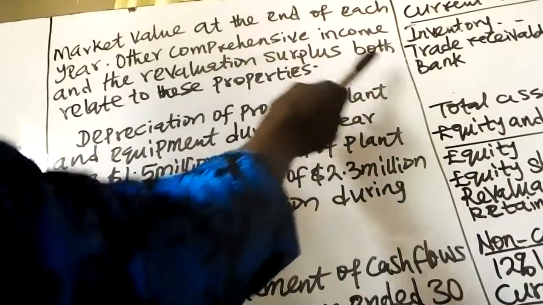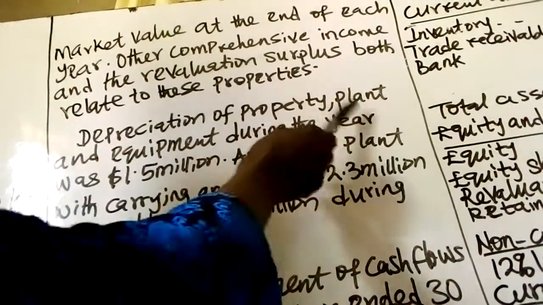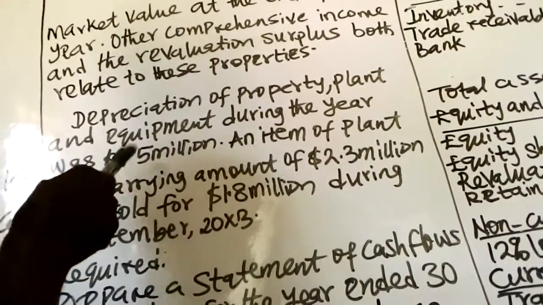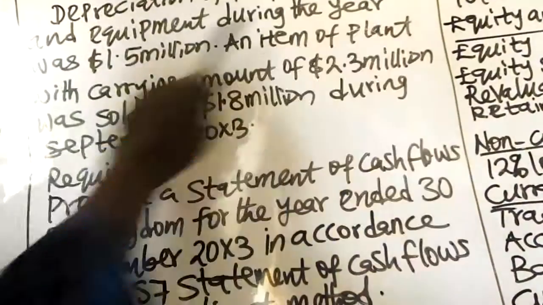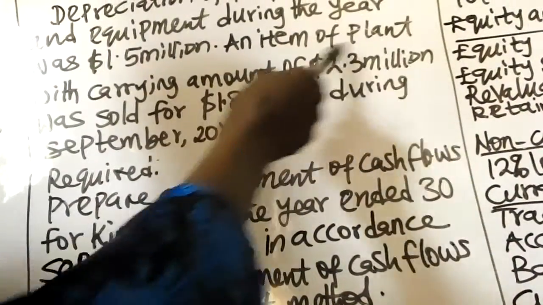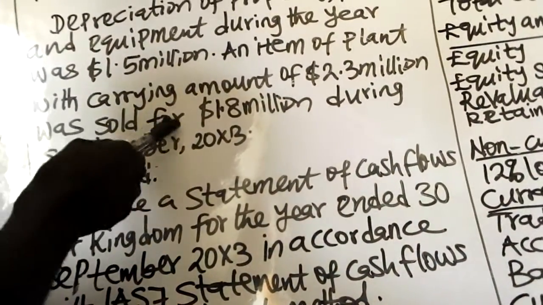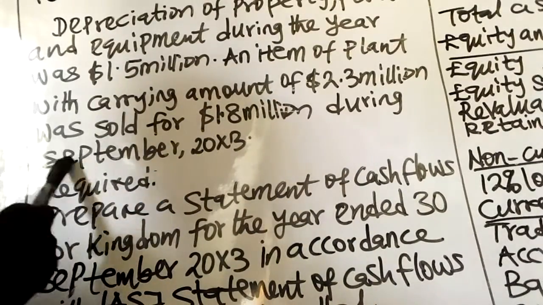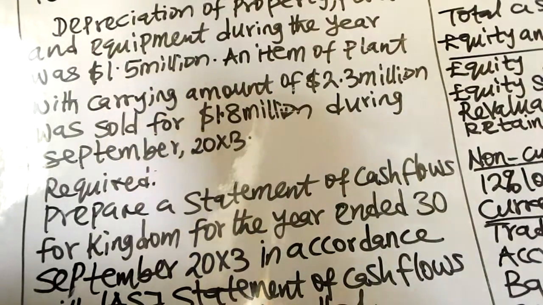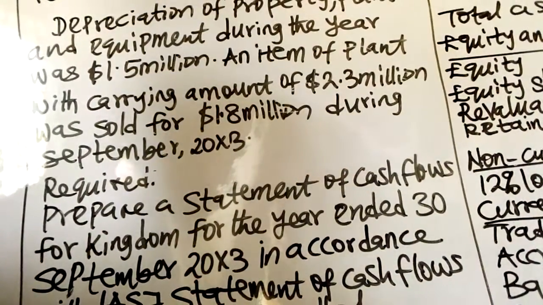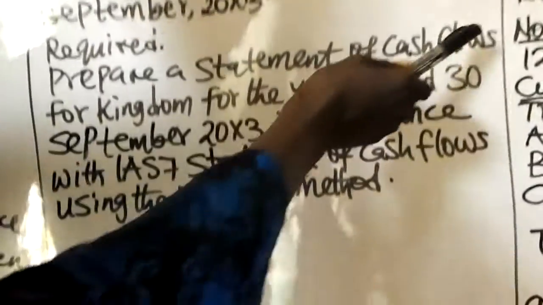Depreciation of property, plant, and equipment during the year was $1.5 million. An item of plant with carrying amount of $2.3 million was sold for $1.8 million during September 20x3. Required: prepare a statement of cash flows